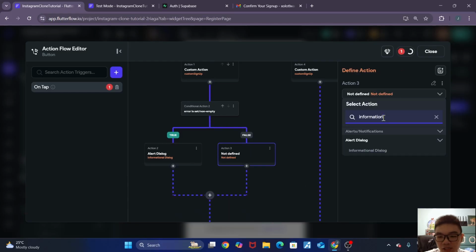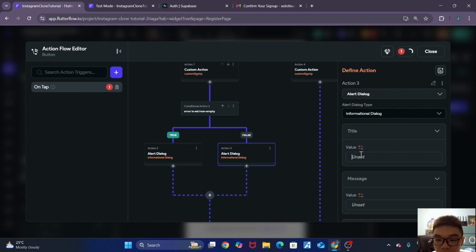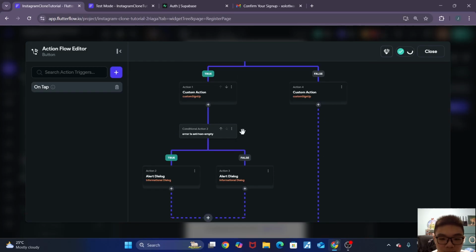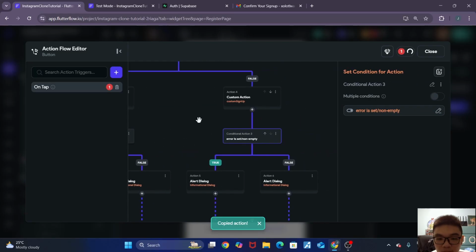But we also want to alert the user that the confirmational email was sent. So we'll also add an informational dialog over here. For the title, we can give it user successfully created. Please check your email for verification. Okay, so yep, now we can just take this conditional action and we'll paste this over here for our mobile